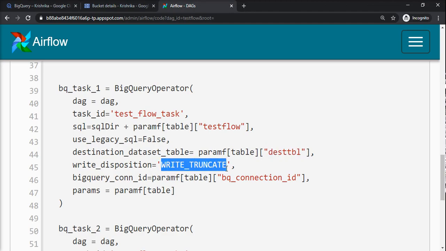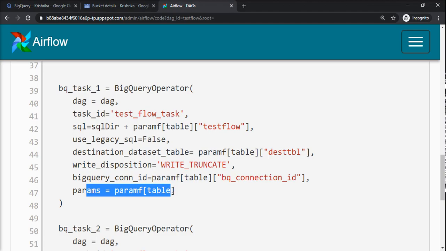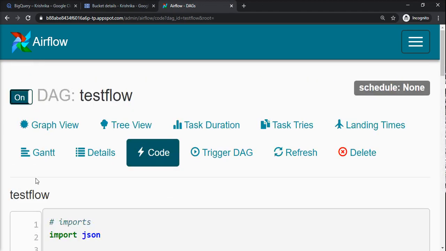That means the data will be overwritten in this dest table. This will be resolved from the config file, and BigQuery connection ID is needed if you want to connect to BigQuery, and the parameters itself. So these are the things that need to be taken care of.